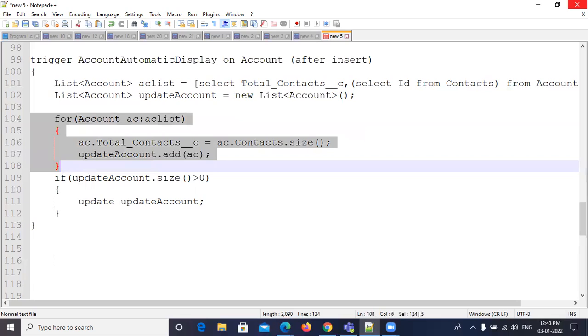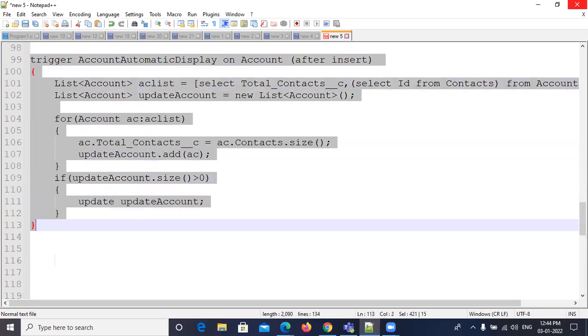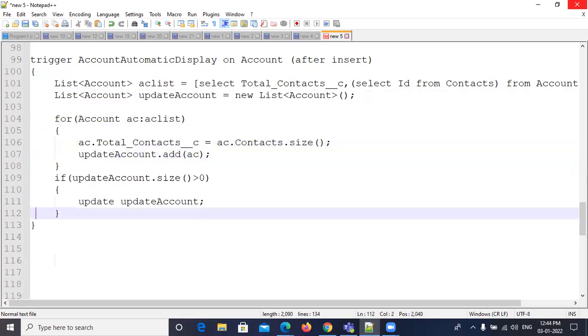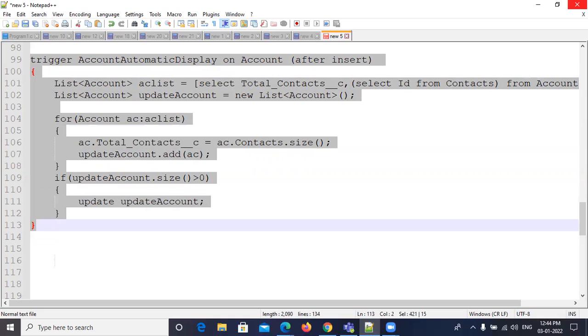It can also work, but it will work only when you create a new contact at that time. When you create a new contact on contacts, it will not fire, but using this also you can get the answer. It can work when you insert a new record on account. At that time only it can calculate.